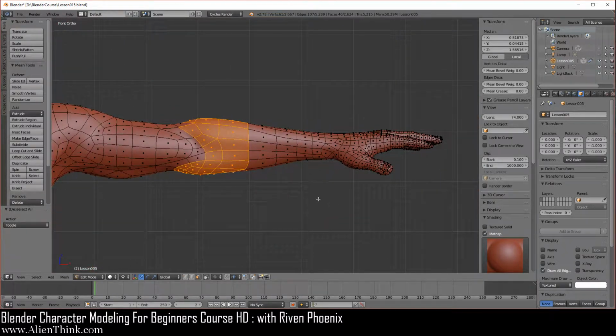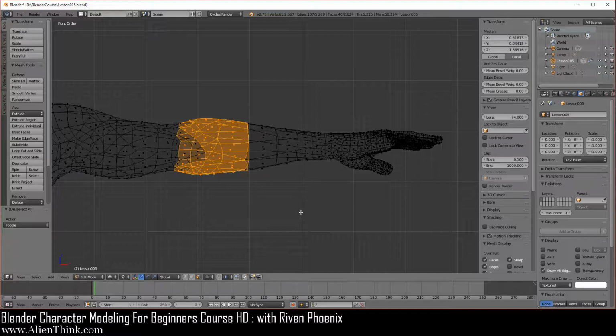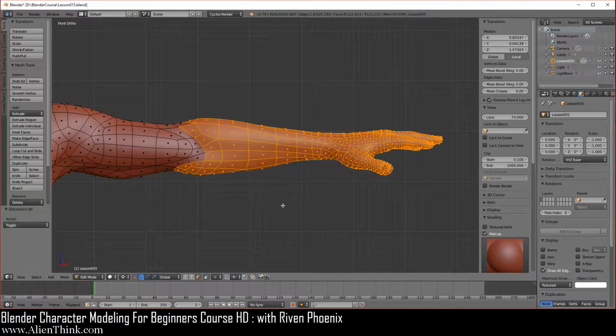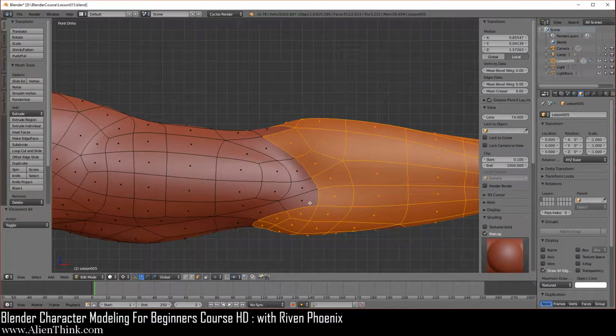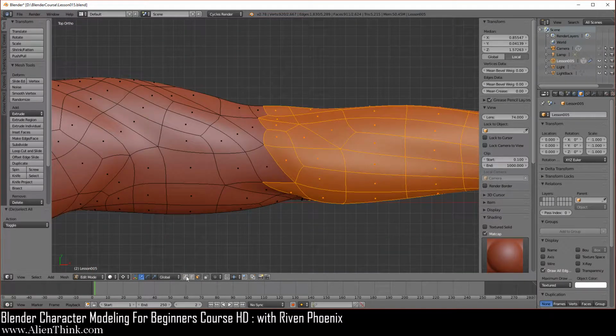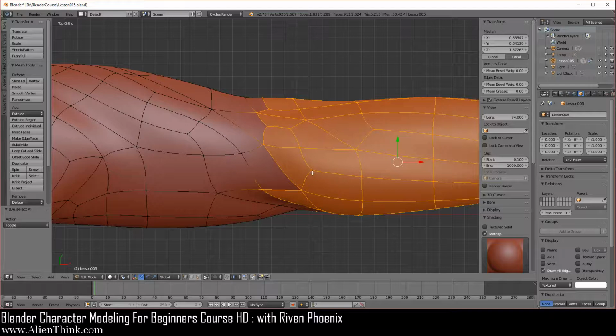I zoom out, press the Z key to go into wireframe, press the B key, left mouse button, and just select everything, press the Z key. Now the reason we're doing this is because we have to relax the pose. So go to the top view over here, click on the vertex select mode, get out of the 3D cursor, go to active element. So you're going to Shift key down, click on this one and then click it back. So you're going to be rotating over here.